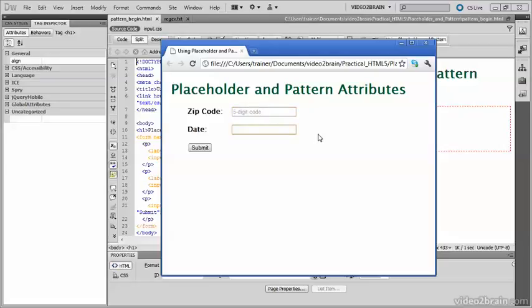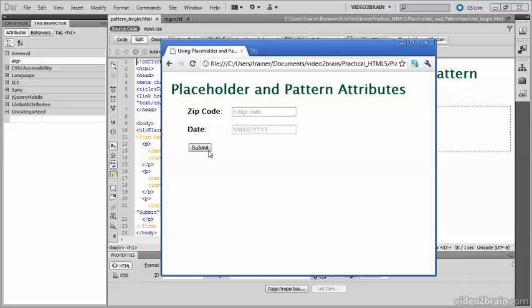In addition to using the placeholder attribute, I've added regular expressions to each field, using the pattern attribute to enforce the specified format. For zip code, it says here that I need to enter a 5-digit code. Well, my name has got 5 letters in it. Let's see what happens if I enter that and submit. No, it's been rejected by the pattern attribute. If I try it with 5 digits, 1, 2, 3, 4, 5,